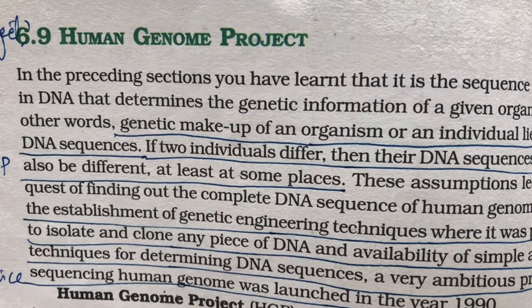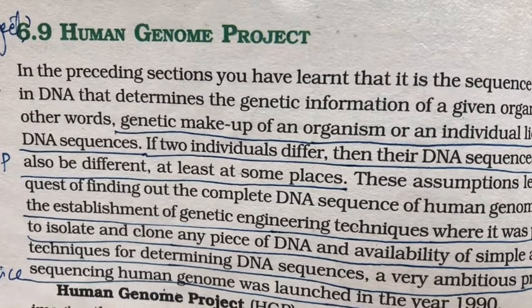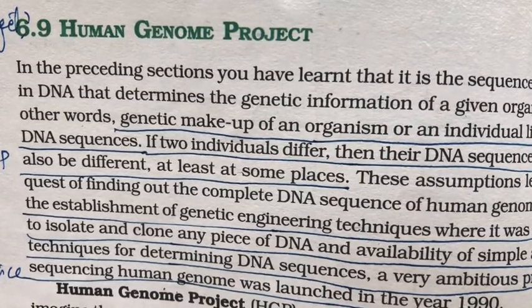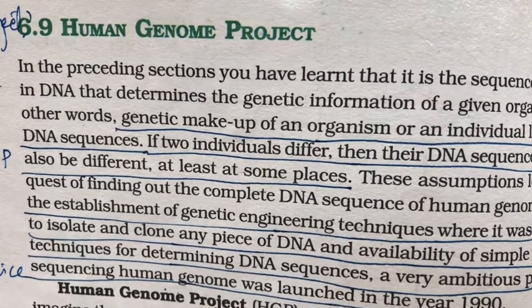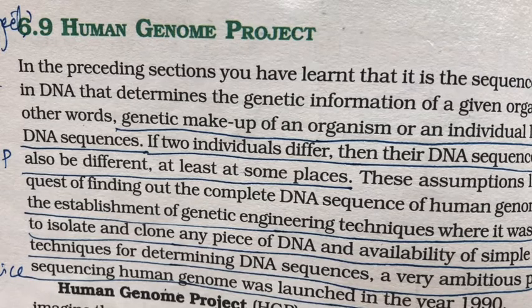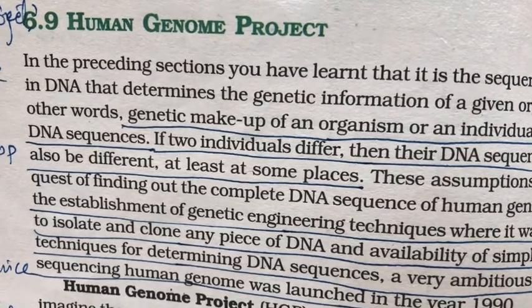And what was the magnitude? The human genome contains 3 × 10⁹ base pairs, so the cost of sequencing the total human genes was 9 billion. So it was a big project, and the initiation was done by the US Department of Energy, NIH, the National Institute of Health, and the Wellcome Trust UK, which joined later on.